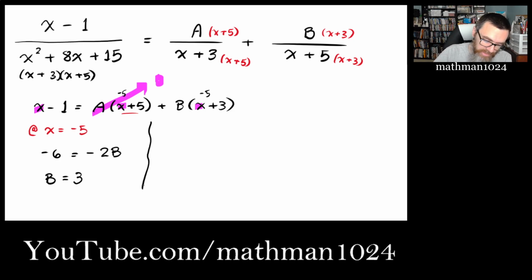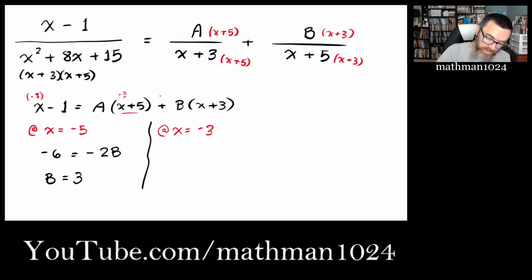Well, let's do it where we can cancel out or get rid of the b. So the other critical value is going to be when x equals negative 3. So let's plug in negative 3 and see what happens. Whoops. Getting rid of stuff I did not mean to get rid of. Oh, and I didn't get rid of stuff I meant to get rid of. All right. So now if I plug in